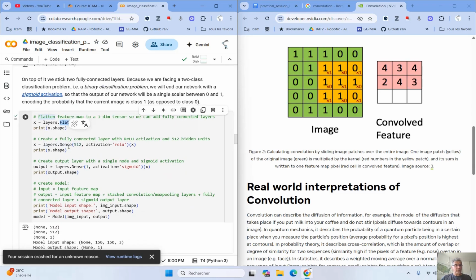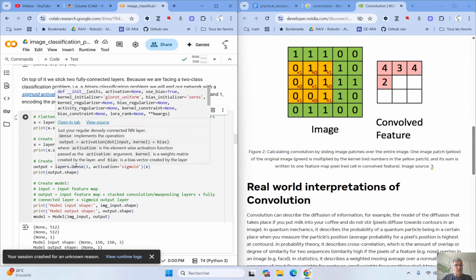We give this to the first fully connected layer, the dense, which has 512 neurons and the activation function of ReLU.